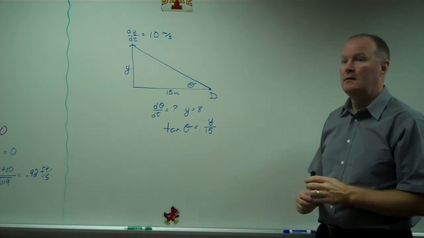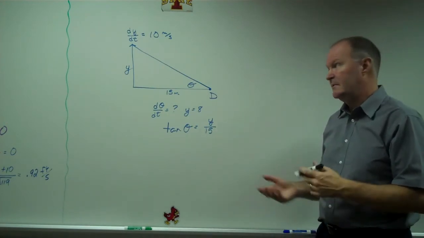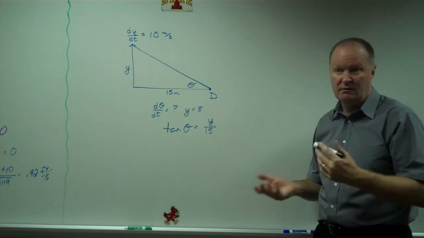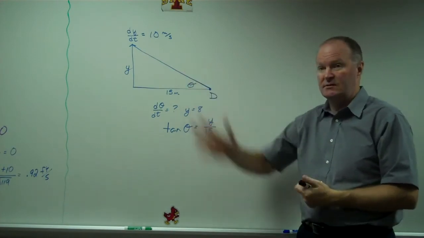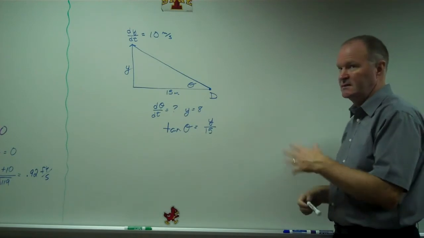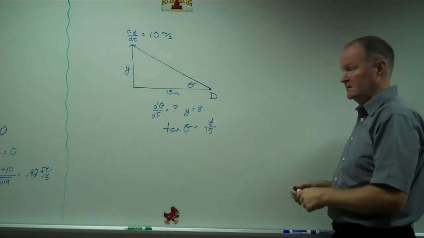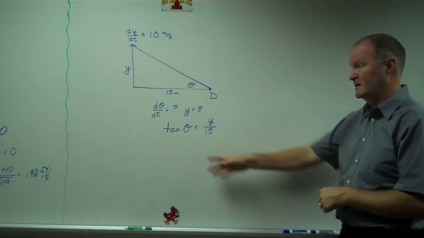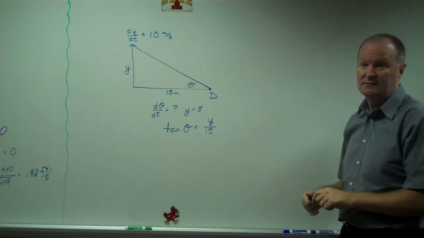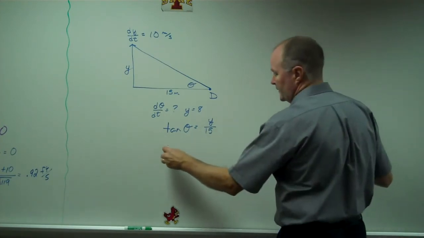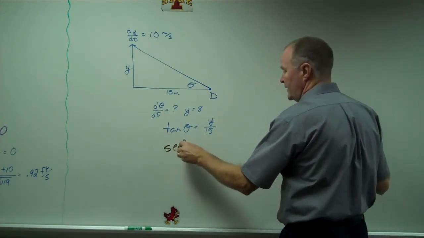Are we ever going to have to do, like, cosine right there? It's a possibility, but at this point, no. I mean, you just have to see what you got. There really isn't any difference in all of them. It's just what you'd probably hope it was a sine or cosine, because then your derivative would be a lot nicer than secant squared. So when I do my related rate,